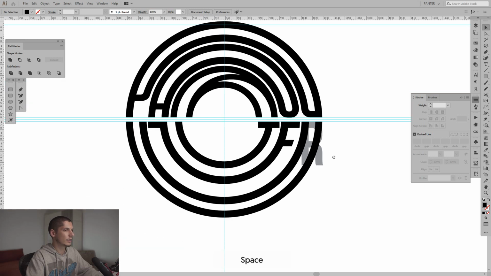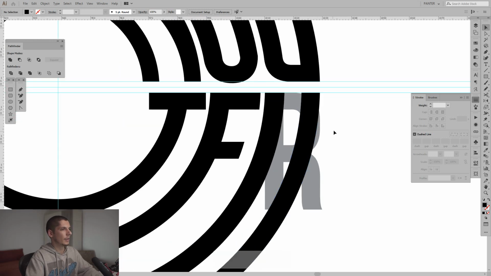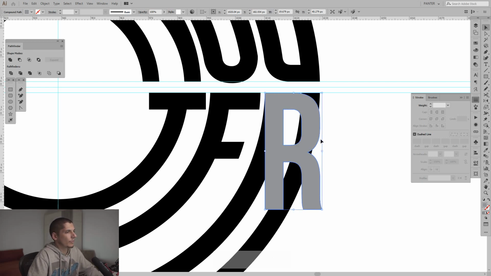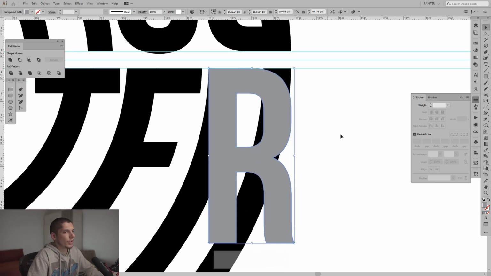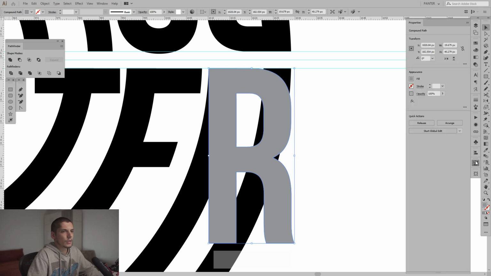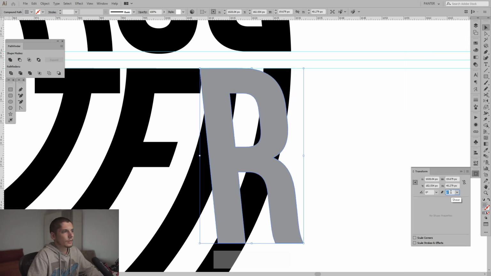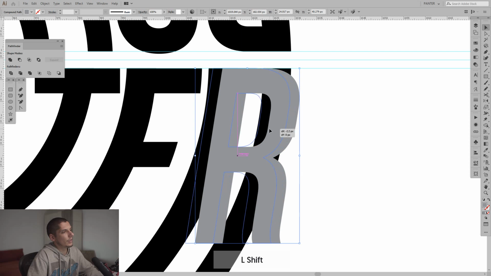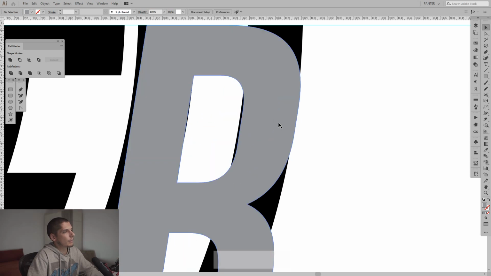Now it's time to create the letter R. Okay, this is a little bit more complicated. I'm gonna break the rule and I'm going to tilt it. Yeah, let's break the rule. Where's the tilt tool? It's somewhere around here. So yeah. Now we did. So this stuff is kind of illegal in typography, but